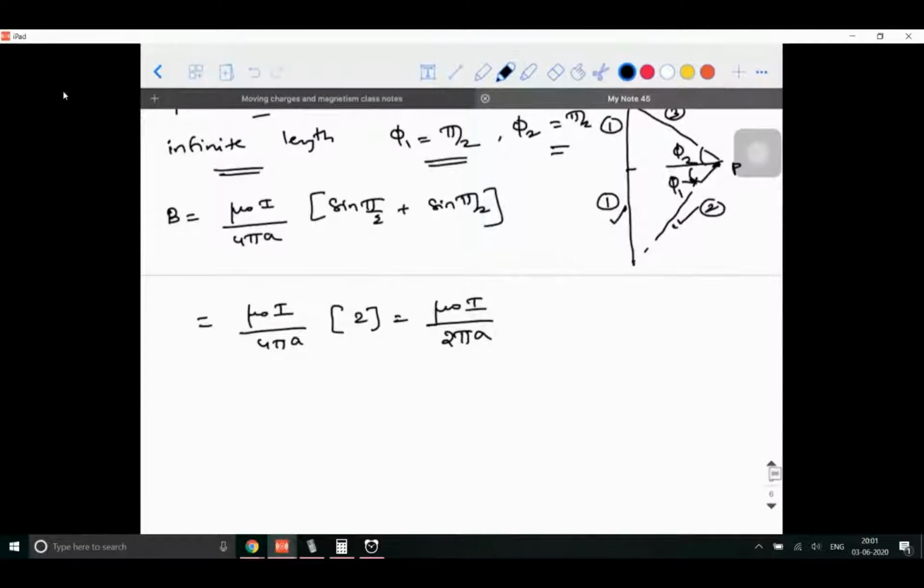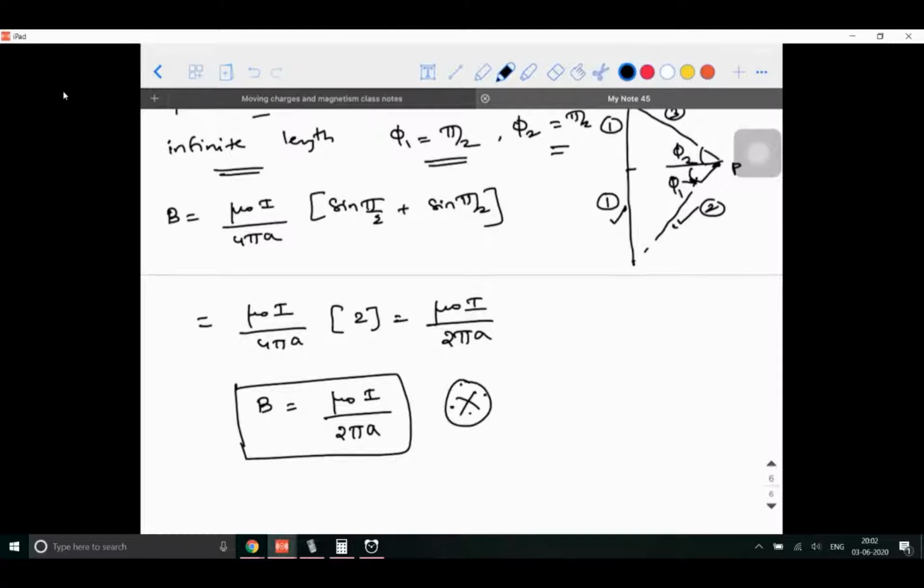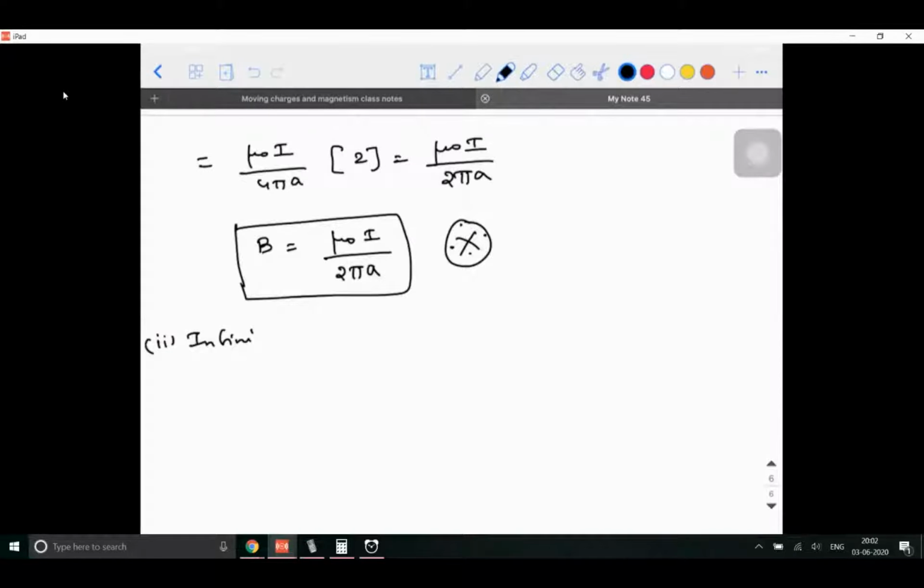This is a very, very important relation to be remembered. So mu naught I divided by 2 pi a. So this is when you consider the point P somewhere in between. Suppose you consider the same point to be at one of the ends for infinite length, point P at one of the ends,